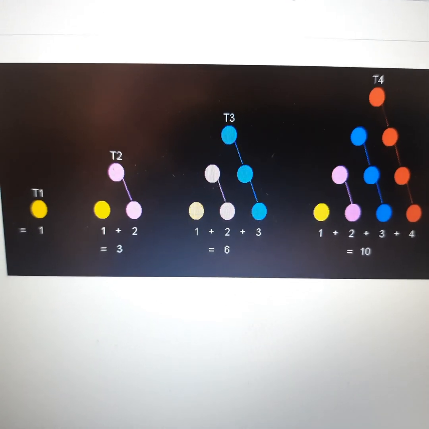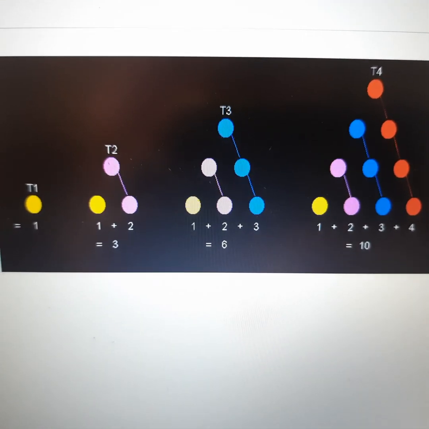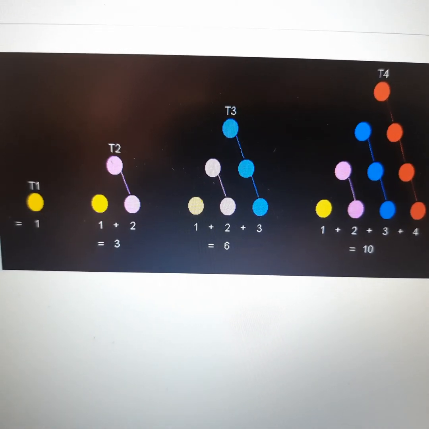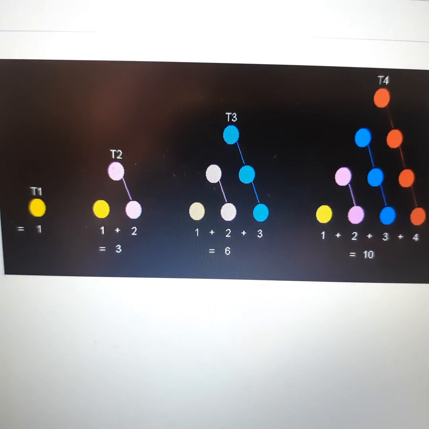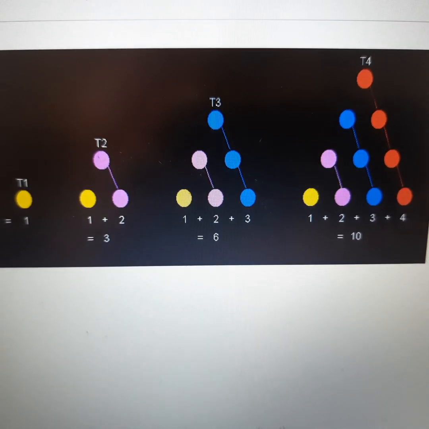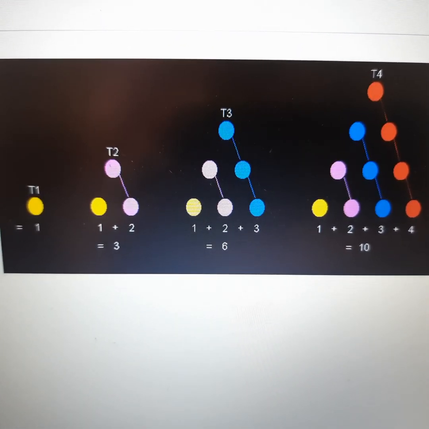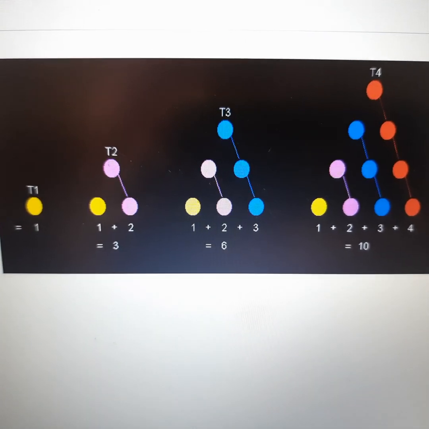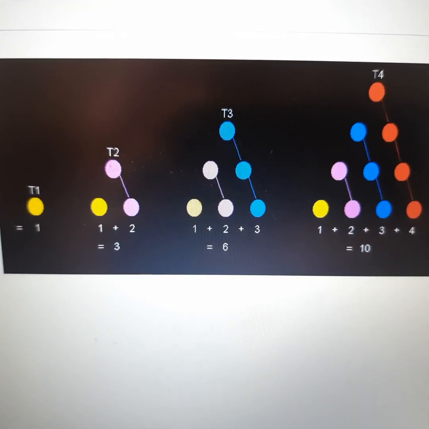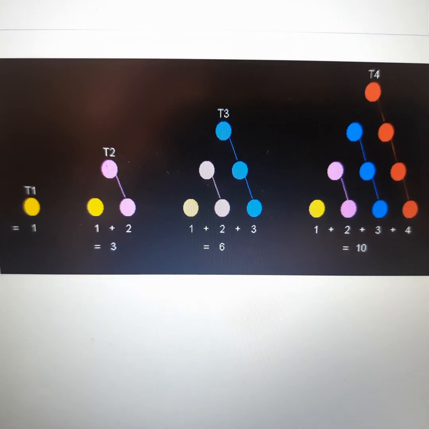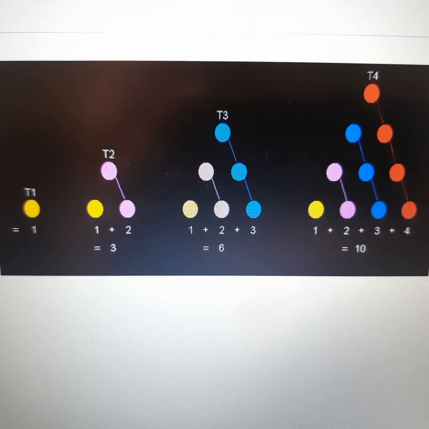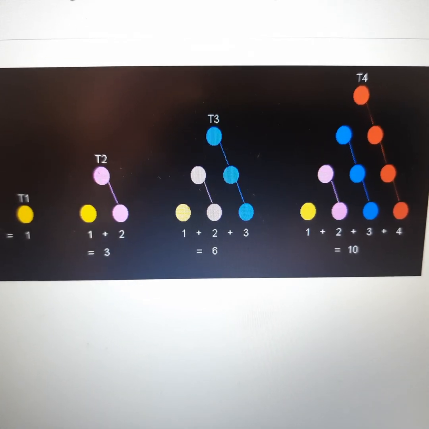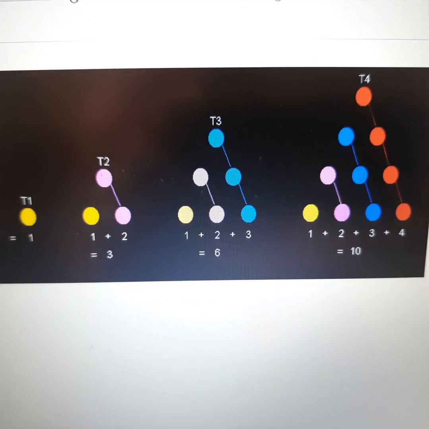Now look at this. With this you can understand T1. T1 means, like how we say natural number 1, that is 1 dot. T2, that is natural number 2, that means second. So that is 1 dot plus 2 dots, that gives you 3. T3, 1 dot, then the second one you can see 2 dots, then the 3 dots. So 1 plus 2 plus 3. Next you can see 1 plus 2 plus 3 plus 4. Like this you can go on adding to know the next triangular number, children.